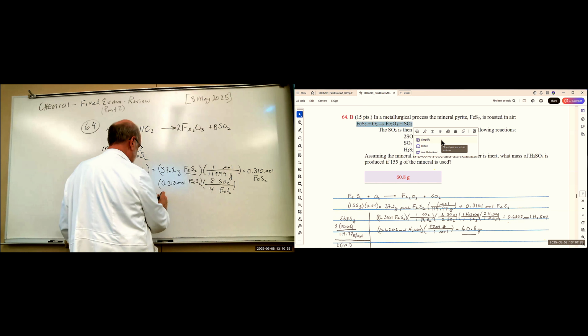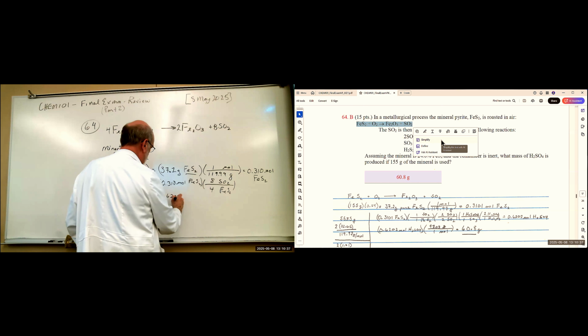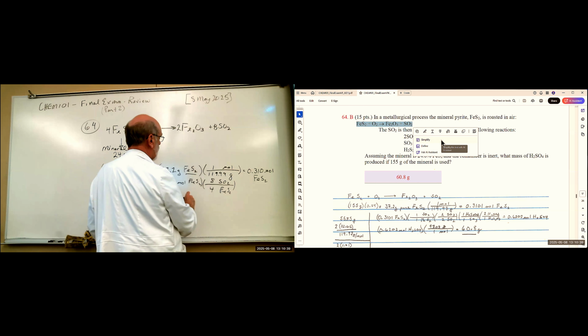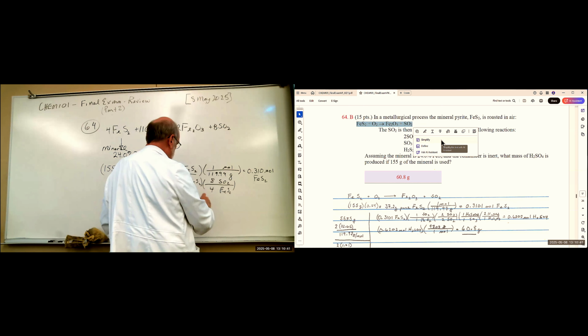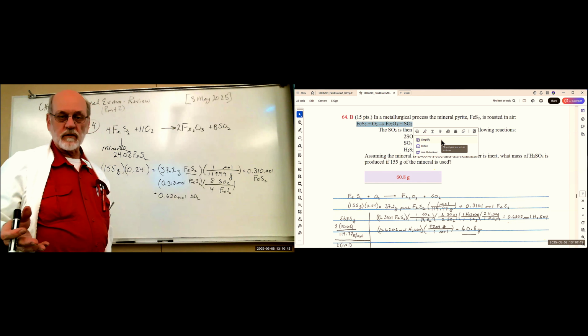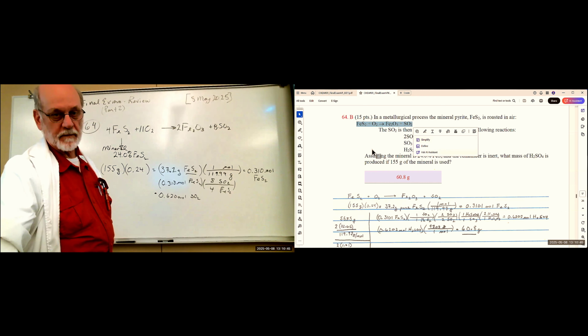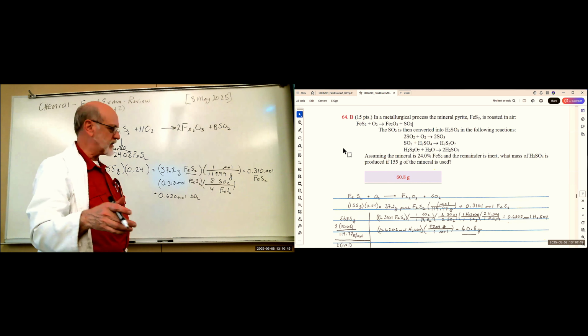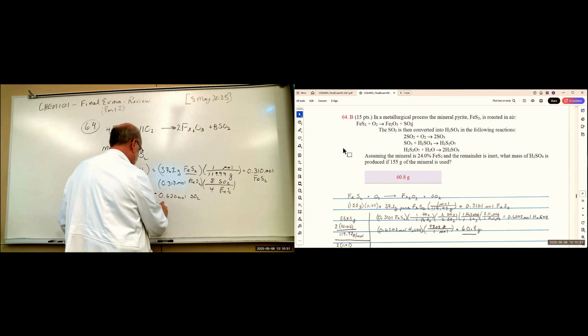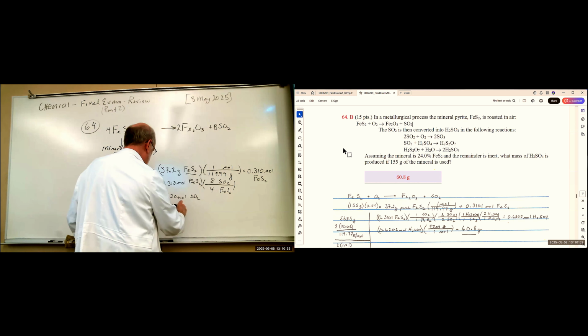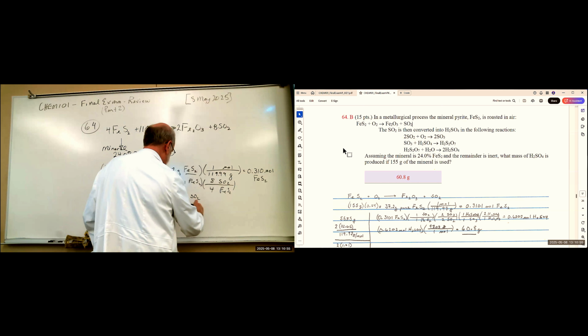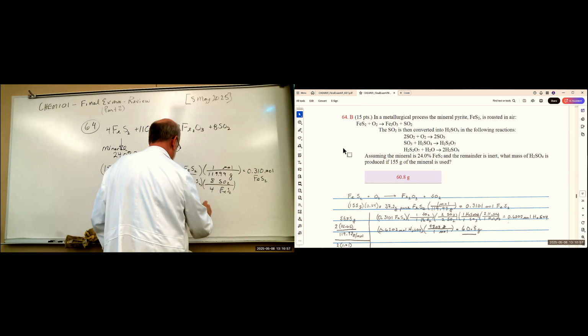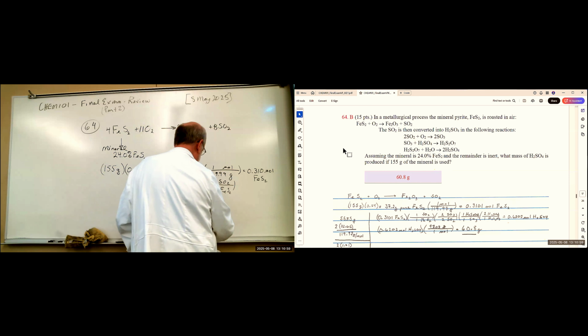So that's double that, 0.620 moles of SO2. Now we can do the equivalence. 2 SO2s yield 2 H2SO4s. So 0.620 moles of H2SO4. And now we just convert that